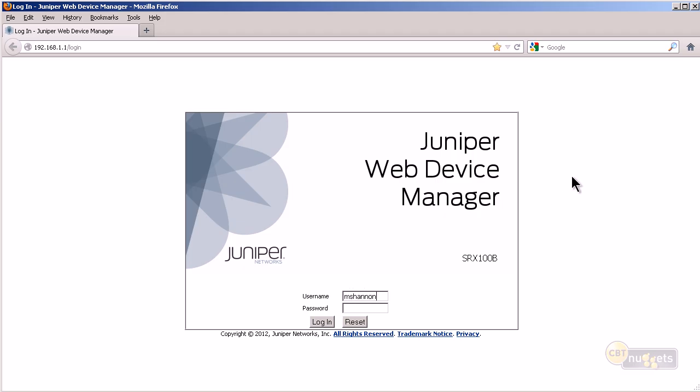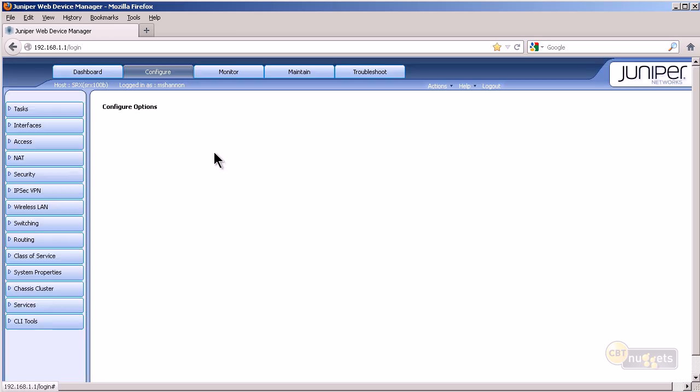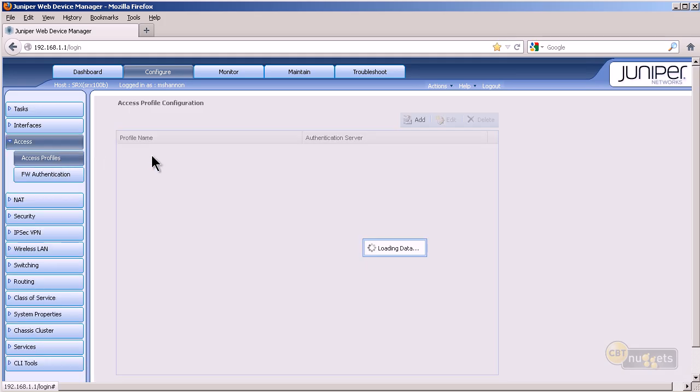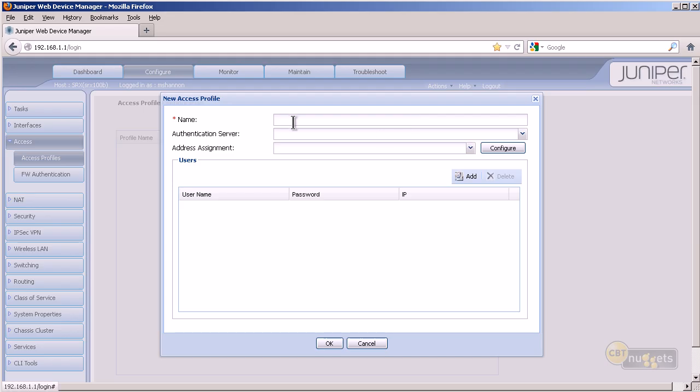So I'll log in as mshannon, password Nugget Lab. Okay, we want to go to the configure area and go to access, create an access profile. And so we'll add, I think we called this FW auth, correct? And then local database. We'll add a user. I think we said the user was going to be FW client 1. Their password was